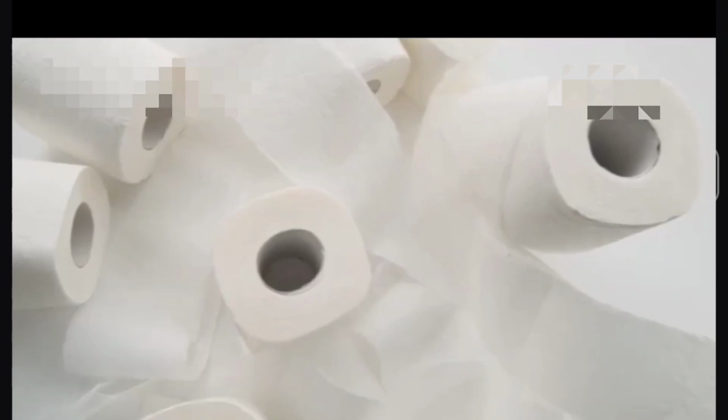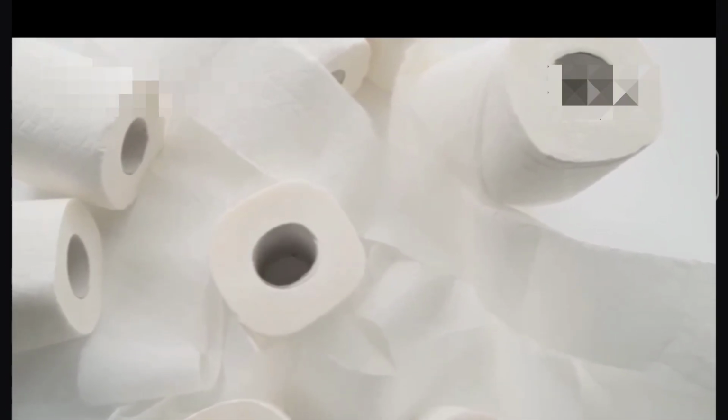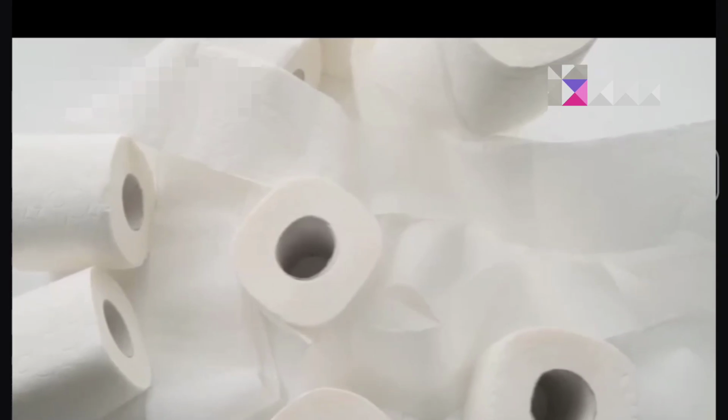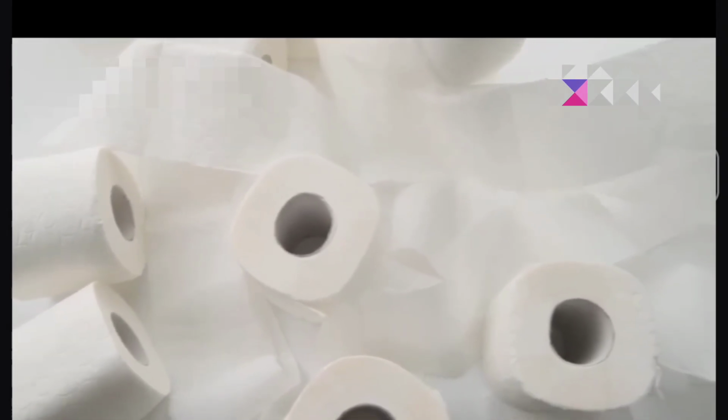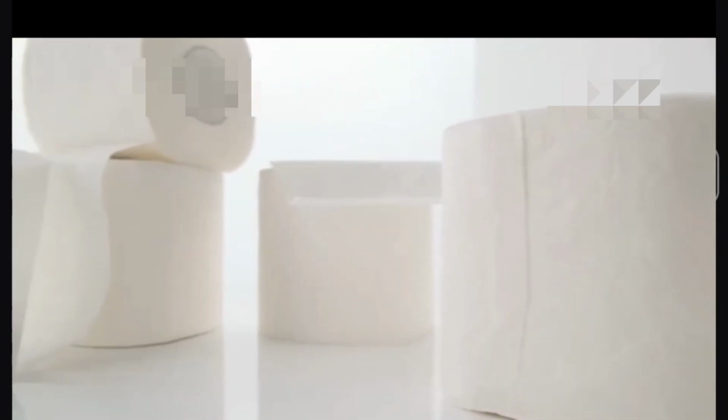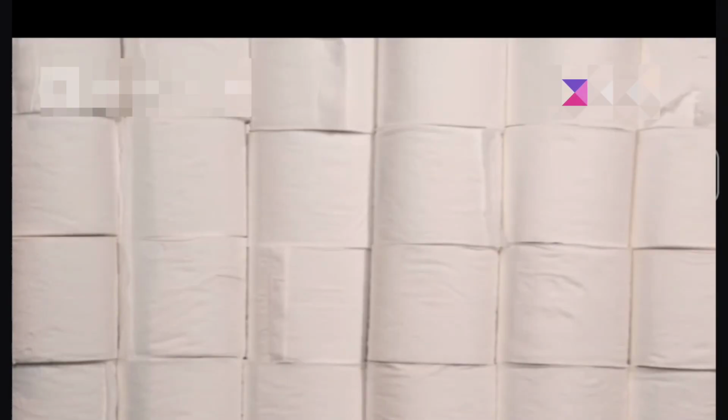Researchers are constantly studying and experimenting with new materials and methods to further improve the sustainability and efficiency of toilet paper production. Futuristic factory settings with advanced robotics and automation are becoming more common, paving the way for even greater innovations in the industry. One thing is for sure, toilet paper will continue